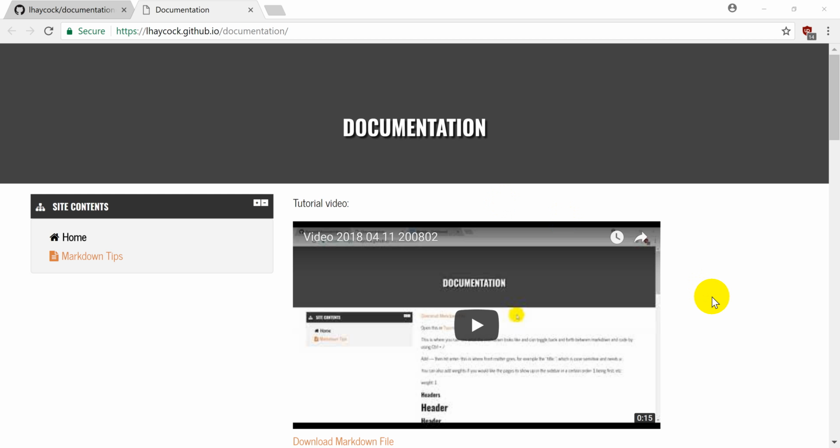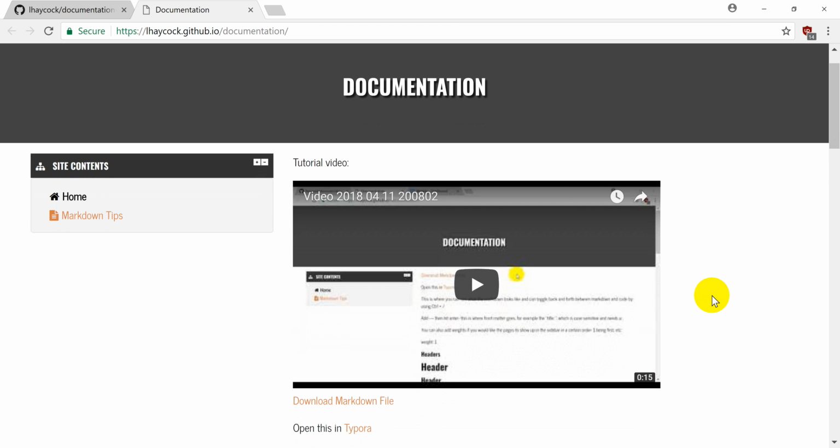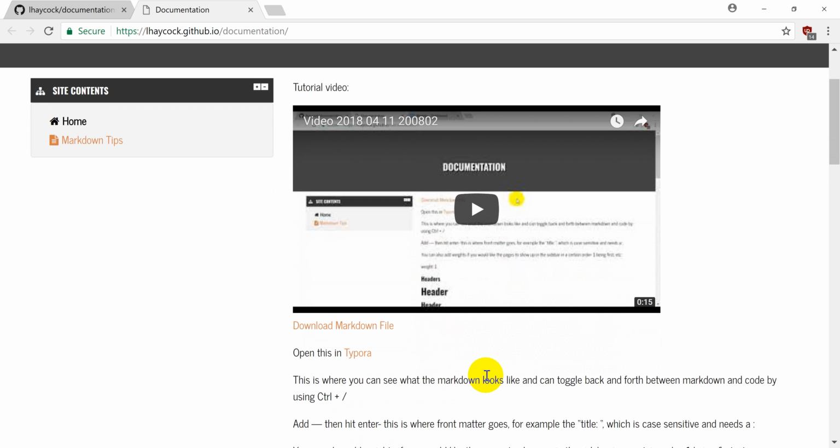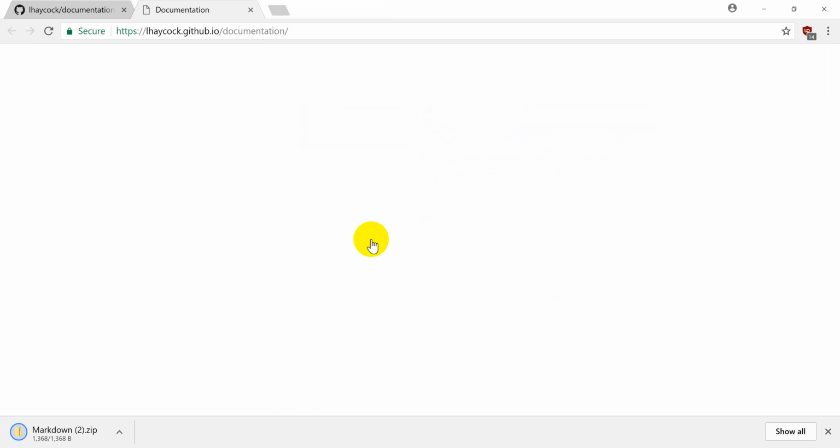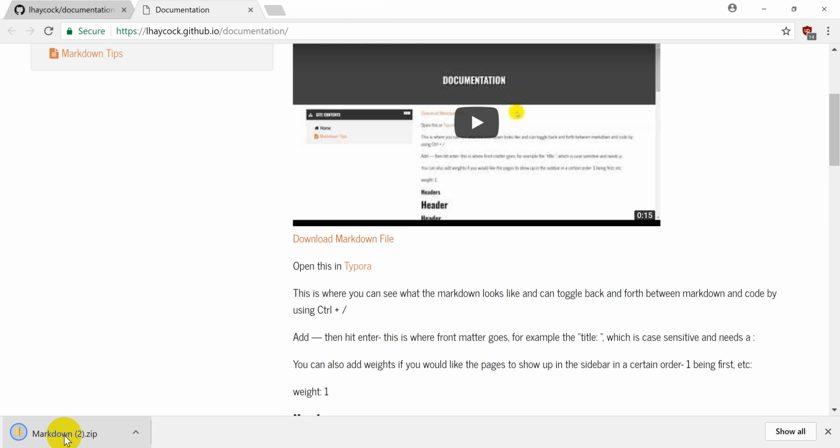So what I'm going to go ahead and do is just give a little video tutorial of this Markdown documentation web page. The first thing is this video, which you can watch to go along with what we're doing. The first thing you want to do is download this Markdown file,